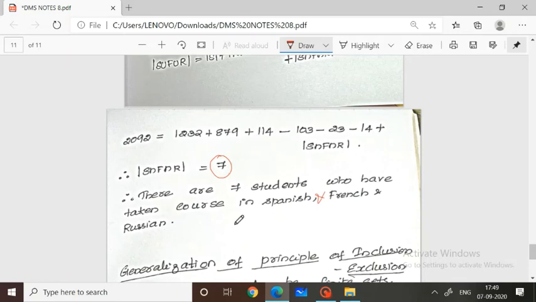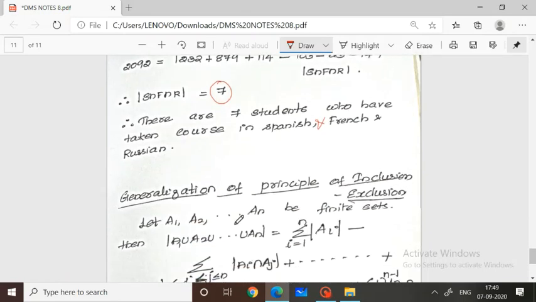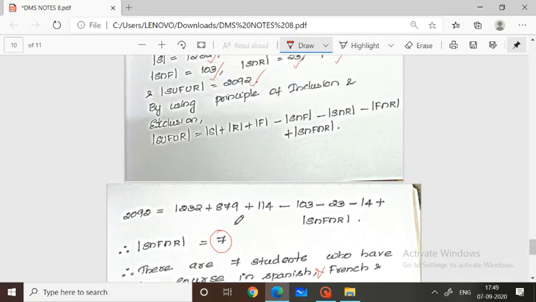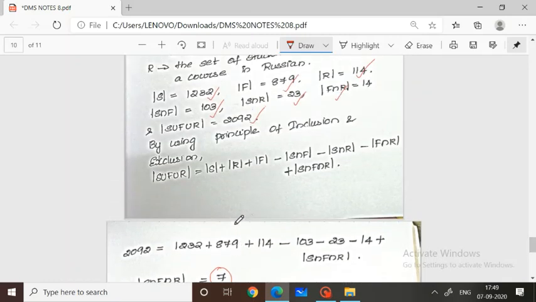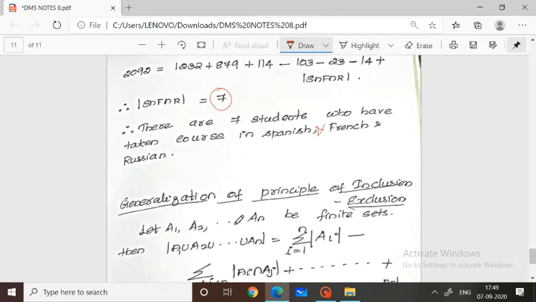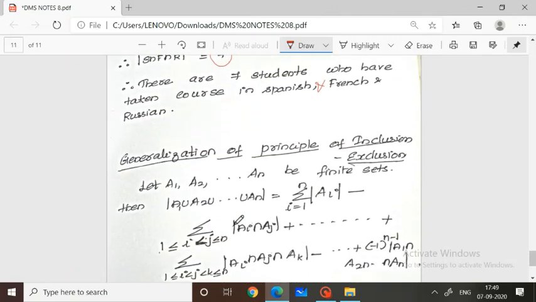That's all. Now at last, for 2 sets we have written the formula, and based on that we have done the problem. If there are 3 sets, based on that we have also done the problems. Now comes the generalization. The generalization of the principle is: suppose there are A1, A2, etc., An finite sets. Therefore the modulus of A1 union A2 union etc. union An